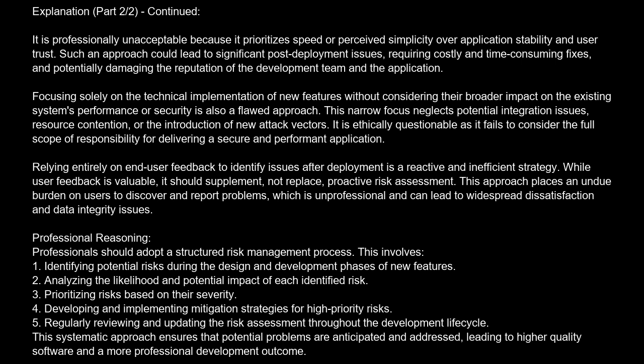Professional reasoning. Professionals should adopt a structured risk management process. This involves: 1. Identifying potential risks during the design and development phases of new features. 2. Analyzing the likelihood and potential impact of each identified risk. 3. Prioritizing risks based on their severity. 4. Developing and implementing mitigation strategies for high-priority risks. 5. Regularly reviewing and updating the risk assessment throughout the development lifecycle. This systematic approach ensures that potential problems are anticipated and addressed, leading to higher quality software and a more professional